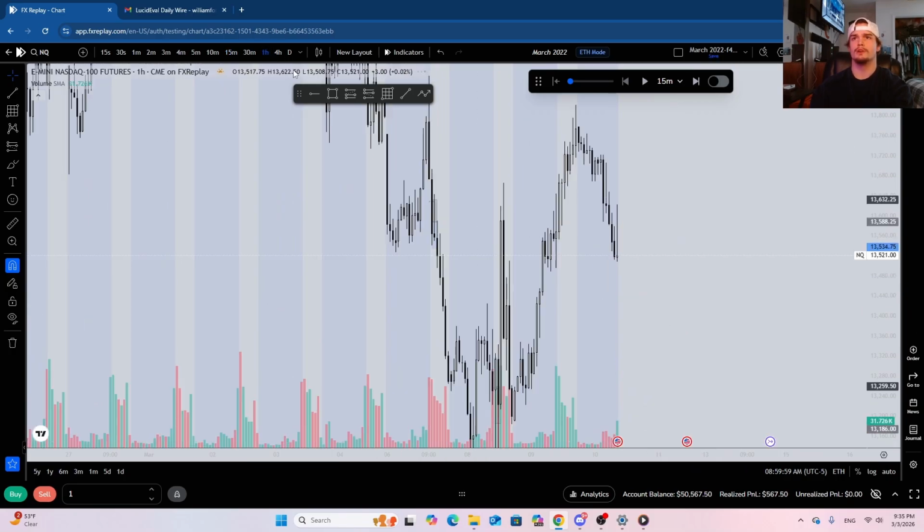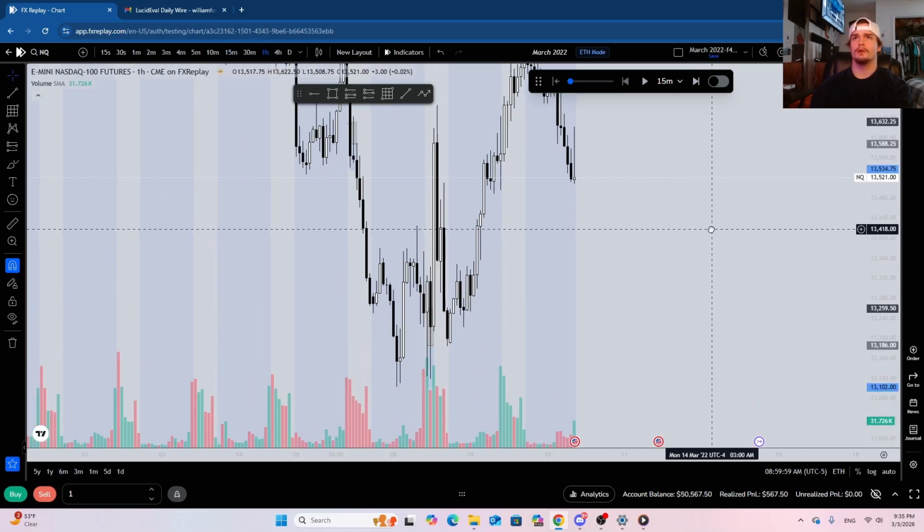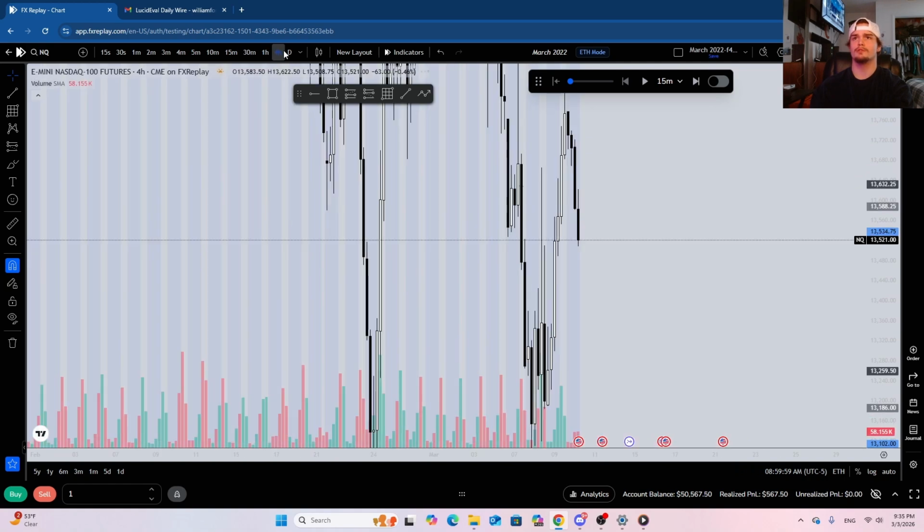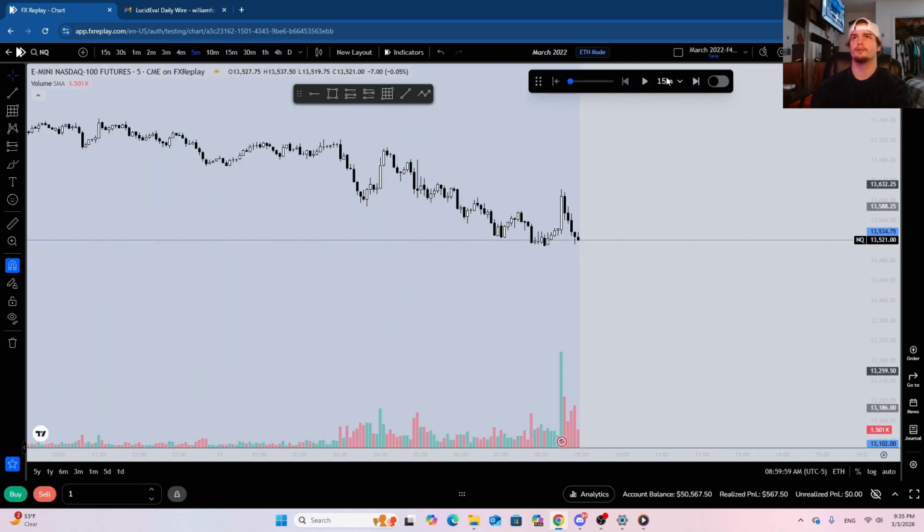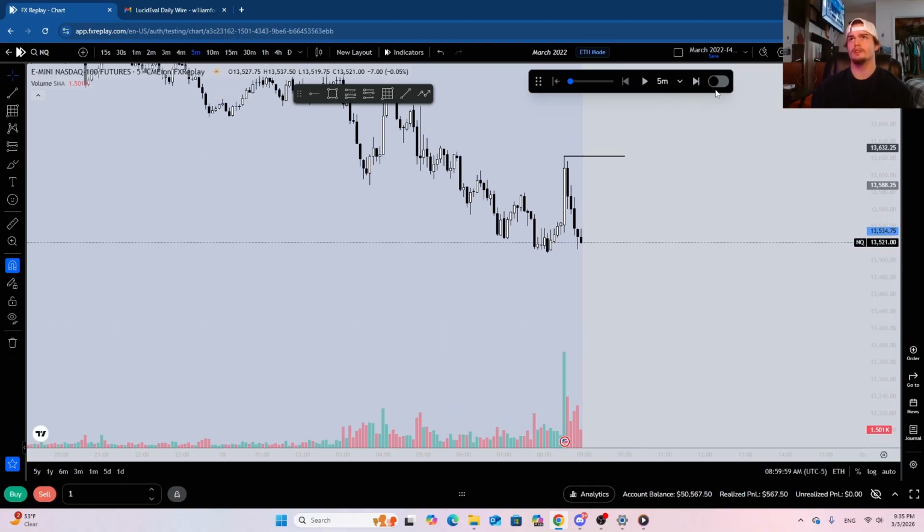What are we doing on the hourly time frame? Not really too much. Are we coming to this 4 hour yet? Not yet. So wait to see how we react out of this. We'll go ahead and mark this as data high. This is going to be our data high right here. I'm assuming we're going to keep dumping lower.